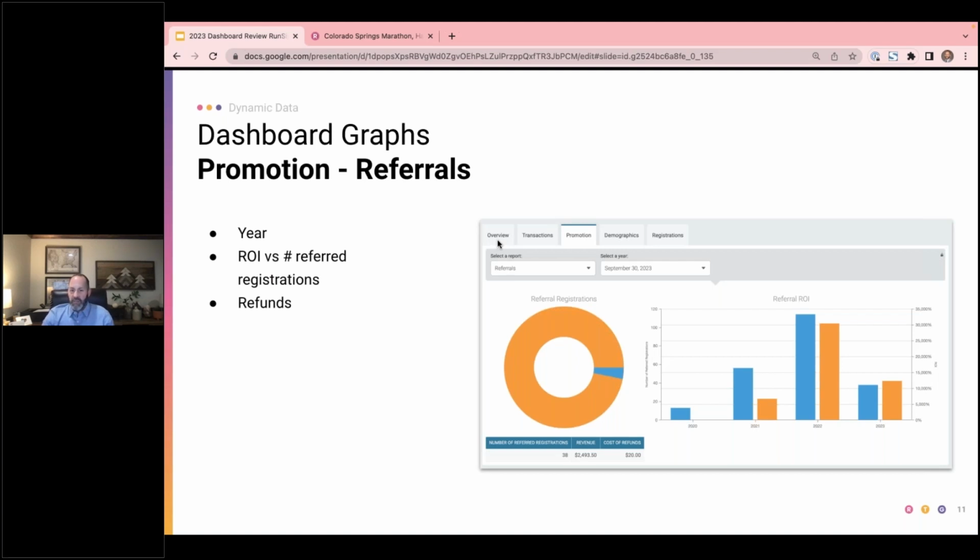And that ROI is always going to be in orange. And then the other data component, in this case, the number of referred registrations, is going to be in blue. If you look at the bottom left-hand corner too, this is really indicative of most referral programs that our organizers and race directors are doing on our platform, where we got 38 referred registrants so far